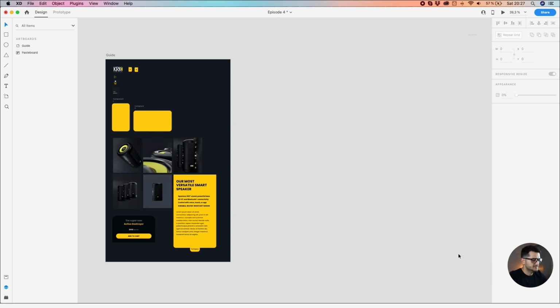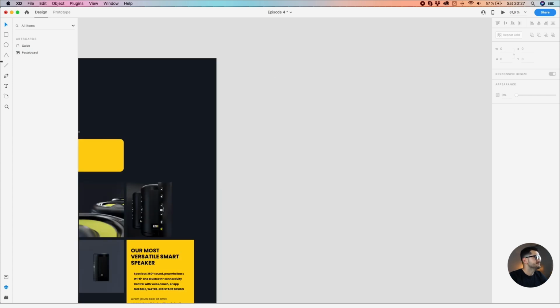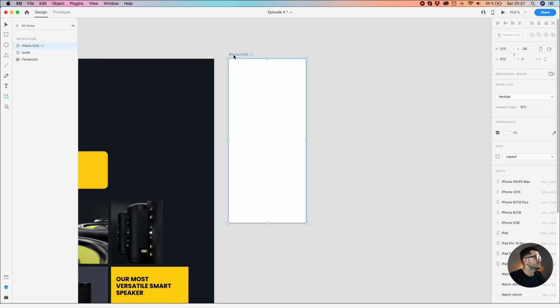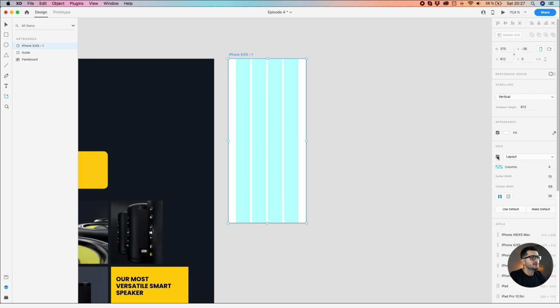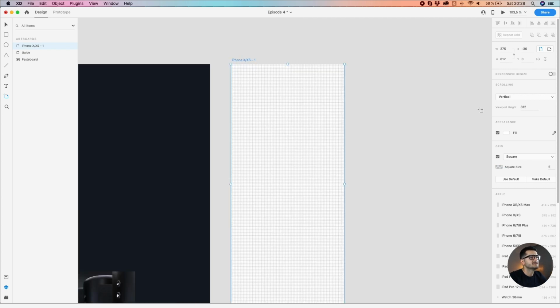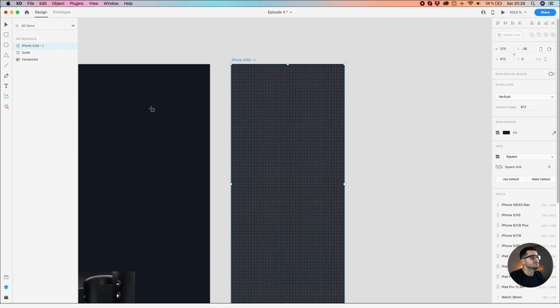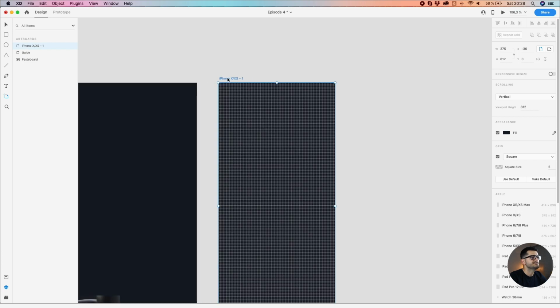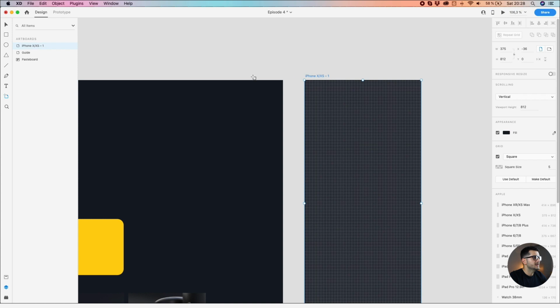Just simply delete everything. Create a new artboard. We're gonna use the basic iPhone 10. Let's define the grid, a quick one, square, 5 pixels square size. As a fill for the background, we're gonna use this blue from the guide artboard. Let's quickly add